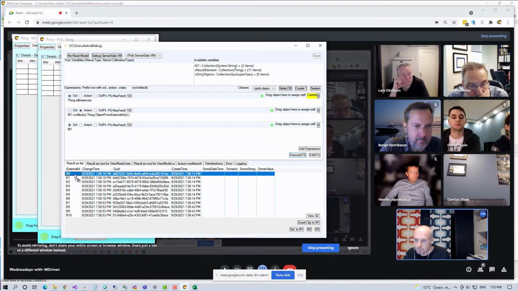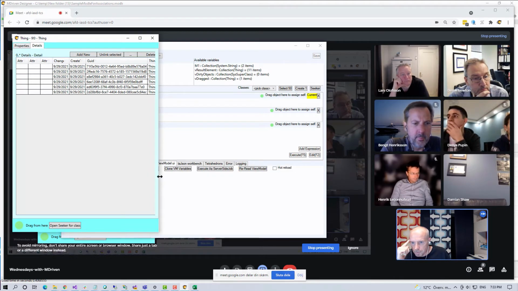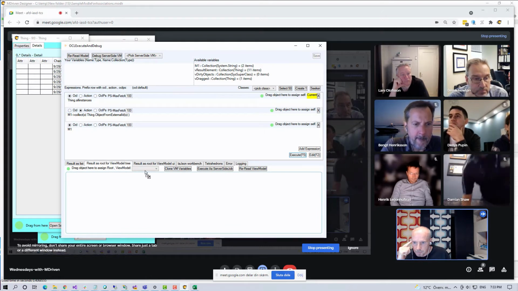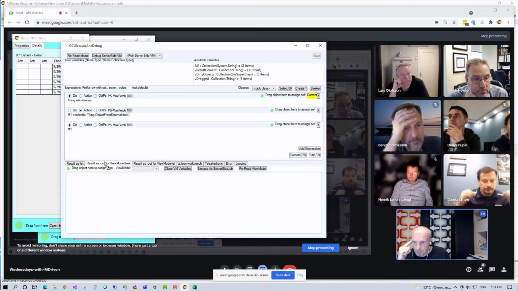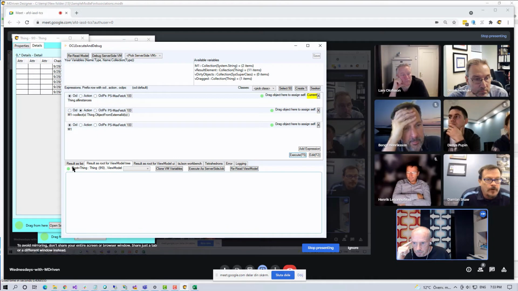You can grab an object in this list, or you can grab an object on this green dot on its form, and then, well, now that was in front of everything. Let's do it like this. I'm going to take that one, and you can assign it to one of these tabs. So drag object here to assign a root. I'm just going to drop it on this tab, and then I got the root, so now it's rooted in thing, and then this